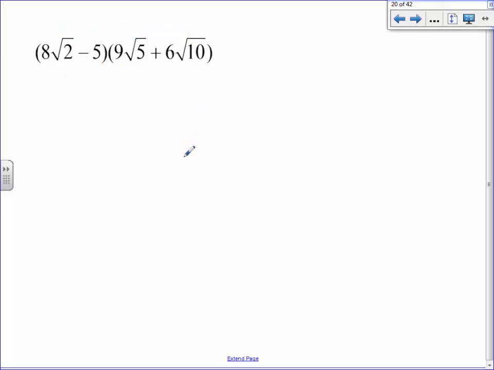And this is still -1 or -2. Let's walk through it. We need to FOIL those terms together. 8 times 9 is 72, and there's a root 10, because that's 2 times 5. I'll color code this to help make it organized. I'll times these ones together. -5 and 6 gives you -30. This guy doesn't have a root. In a way, I guess it does. It's 5 root 1, because root 1 is just 1, so 5 times 1. Long story short, there's a root 10 sitting there as well,